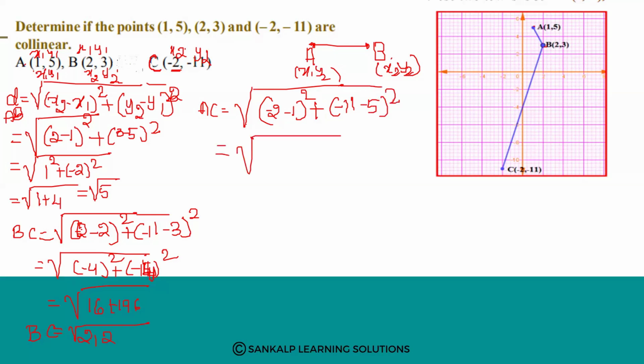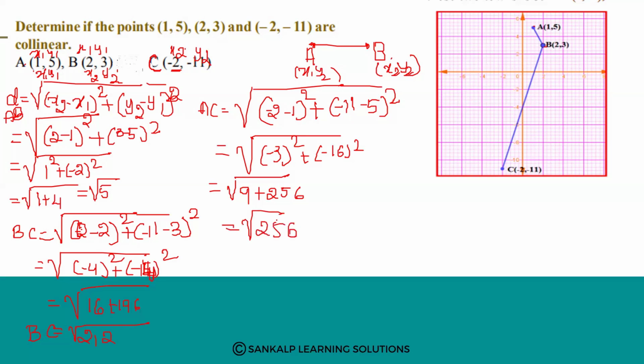Minus 2 minus 1. It is minus 3 whole square plus minus 11 minus 5 minus 16 whole square. Right? Minus 3 whole square is 9, minus 16 square is 256. 256 plus 9 is 265. So now,